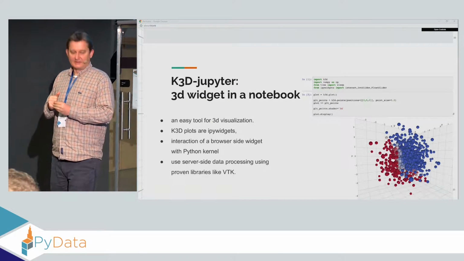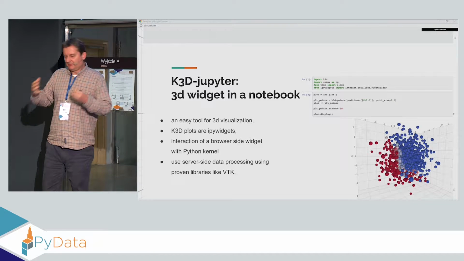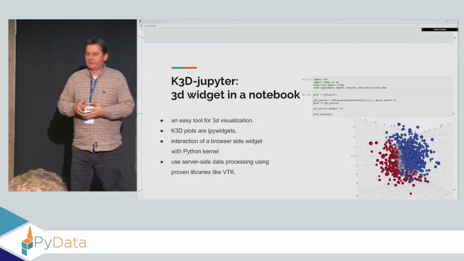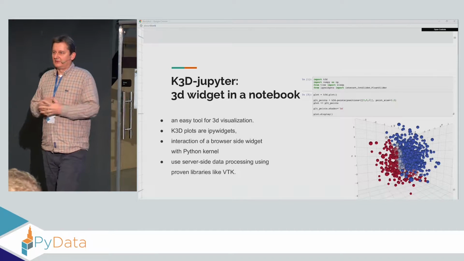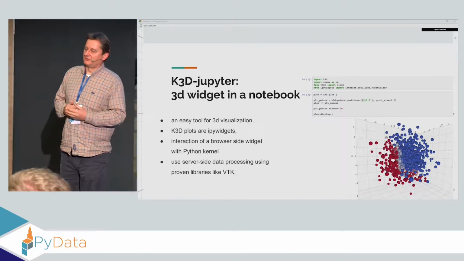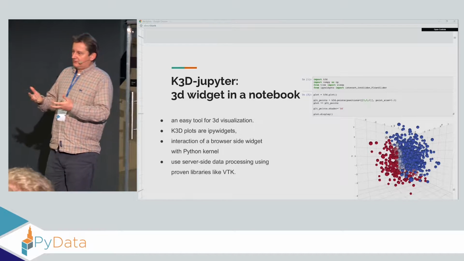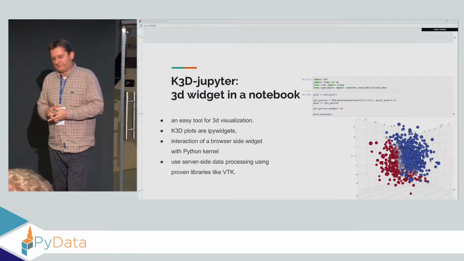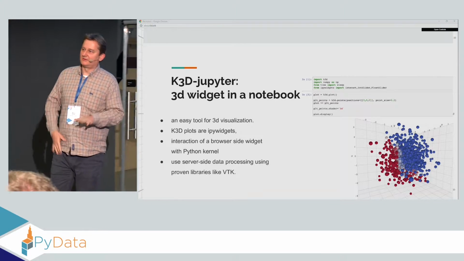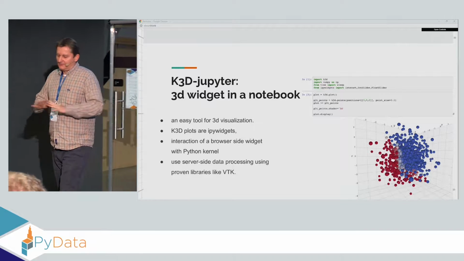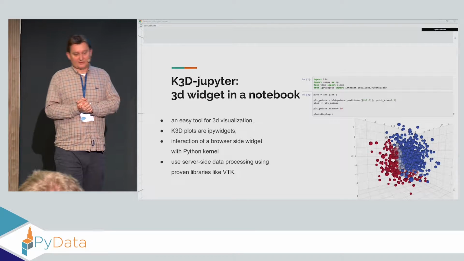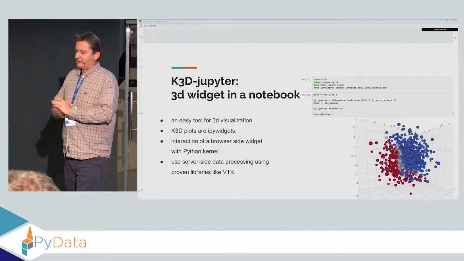K3D Jupyter, our project, is a visualization widget for displaying 3D data in the web browser. Web browsers have become very capable recently. They give very direct access to most of the hardware which is used for displaying data, so we can use this possibility and make software which shows the data. And there's a bunch of software. I am pretty sure that everybody has seen the number of packages which can show data in the web browser, with very advanced algorithms for visualization and very smooth hardware-based visualization.